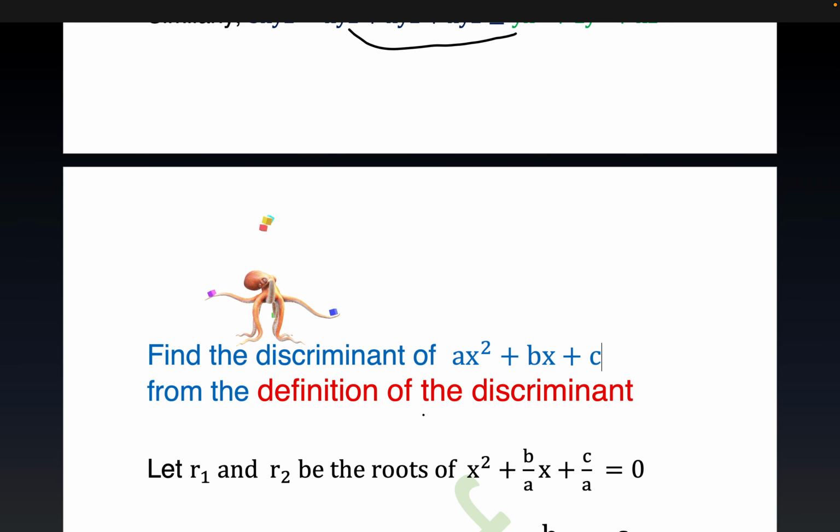Until recently, I didn't even know there was a definition of a discriminant. I just thought it was kind of an ad hoc thing you could find by completing the square in the quadratic case. But we're going to go through a situation where we present a definition for any polynomial. And I'm going to just go through